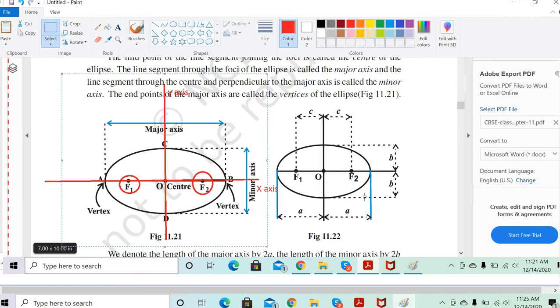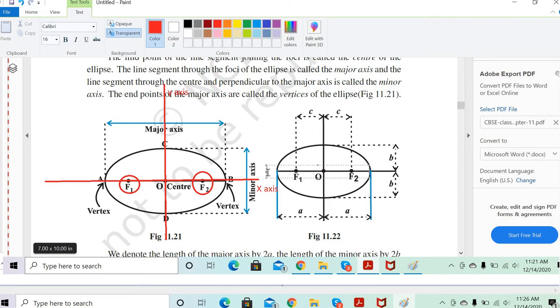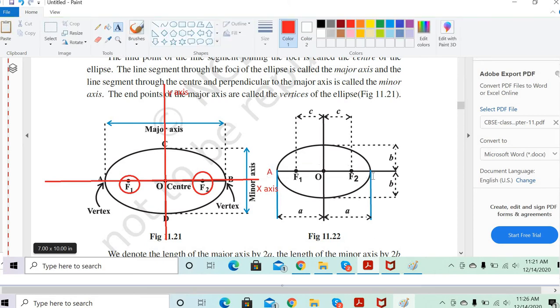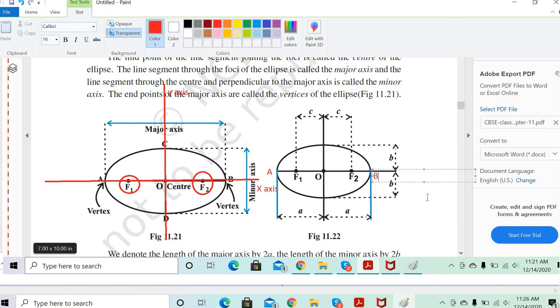Now, let's give some naming convention to it. We start with the major axis, which is symmetric about the y-axis. On the major axis, your AO, right? Let's mention, because AO is the same as OB, isn't it? AO will be the same as BO, because it's symmetry, isn't it? And CO will be the same as DO, isn't it? Correct.